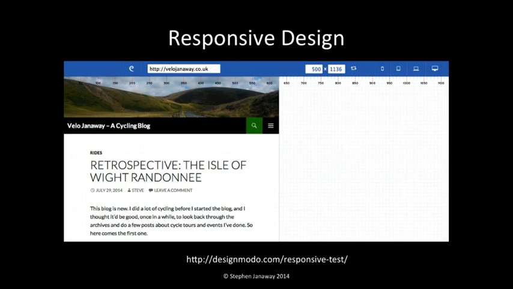And what this means is companies are using responsive design, particularly for mobile websites, more. And the good news is there's a whole bunch of useful tools, like this one here, which you can use to test responsive designs within the browser before you even get to testing on a real mobile device. It's really worth doing a search in Google for responsive design tools if you're testing a mobile website.